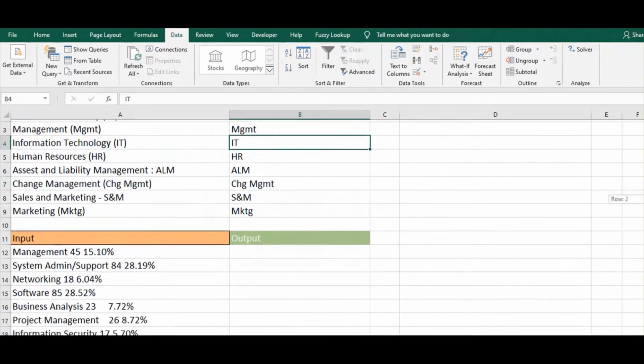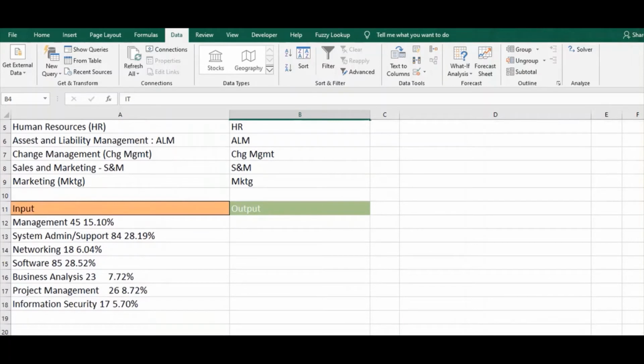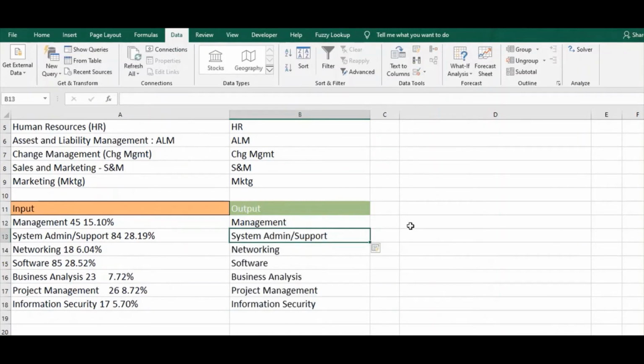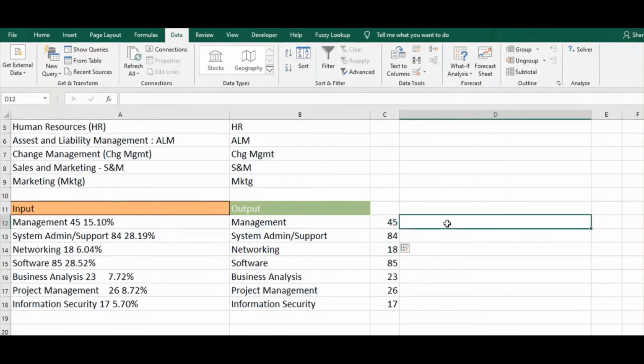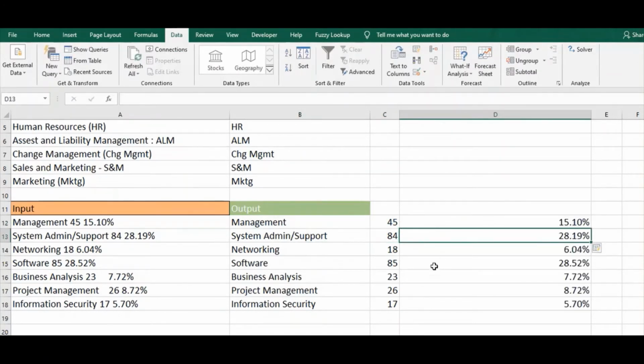Next, in this example, I want this management to come here. So we'll do Ctrl E here and 45 separately, and 15.10% here, and just press Ctrl E. So it gives me the values accordingly. Let's see the next